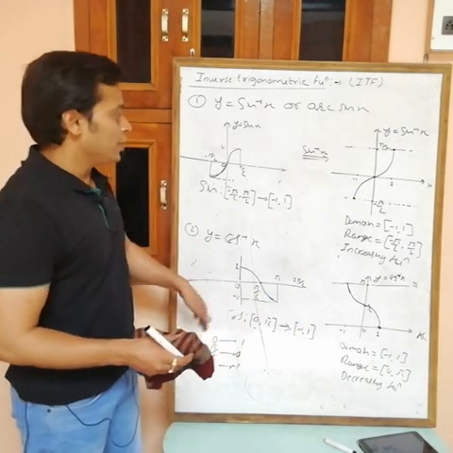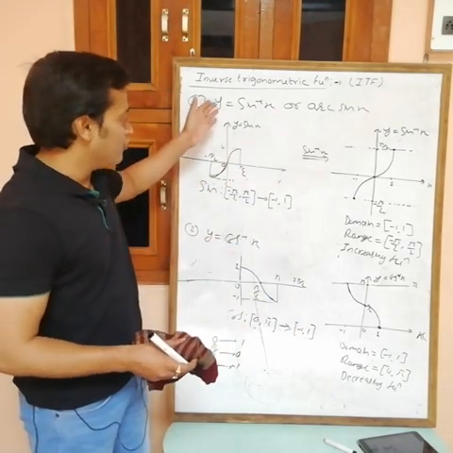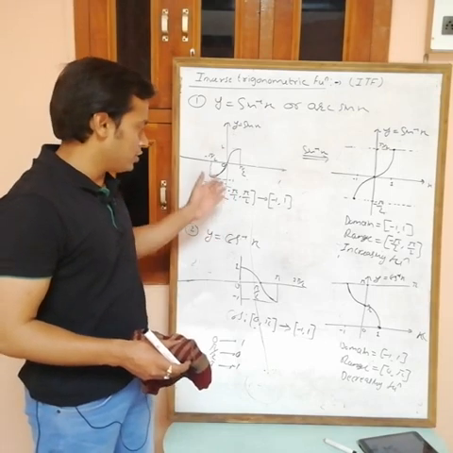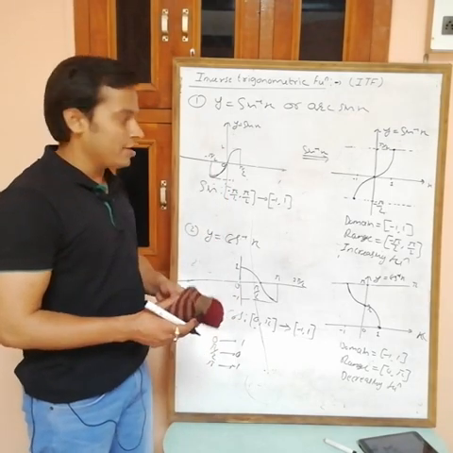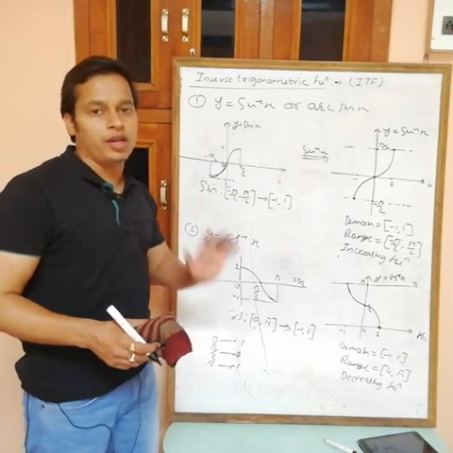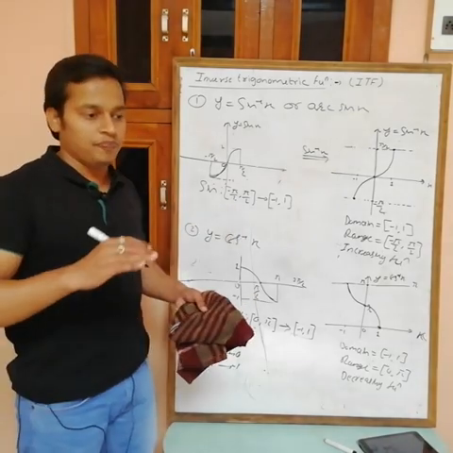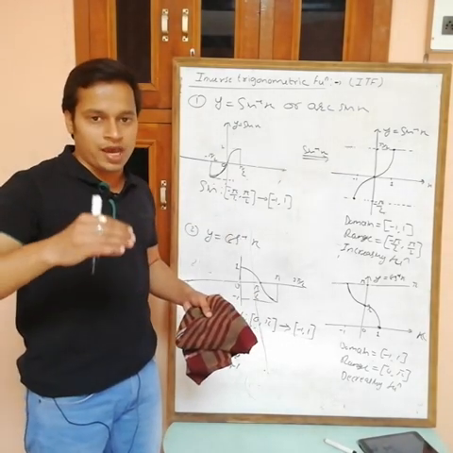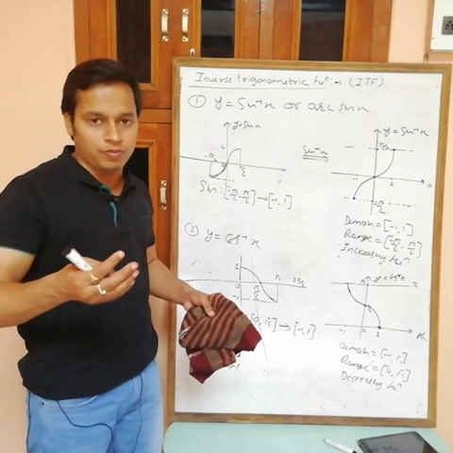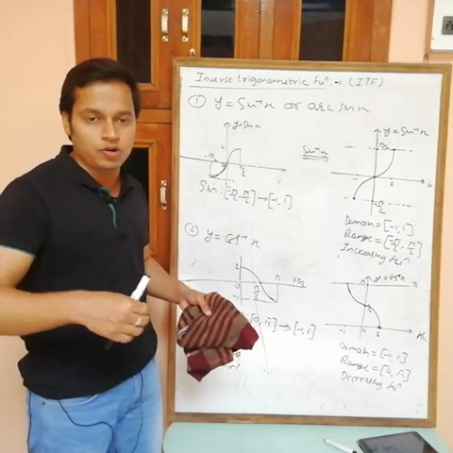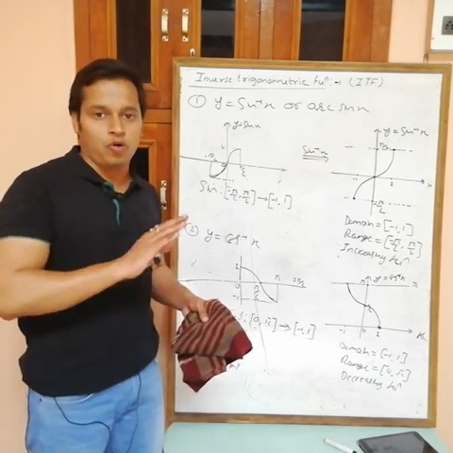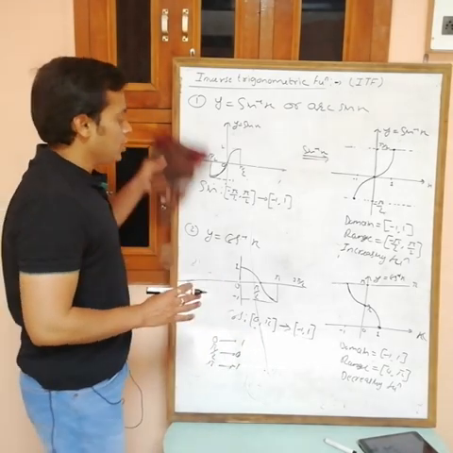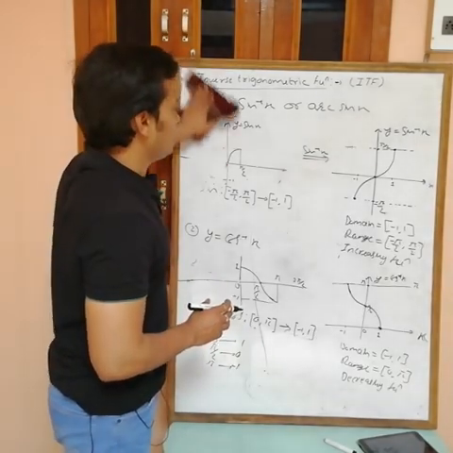Okay. To get the inverse trigonometric function, we are redefining the trigonometric function, such that they become one-one and onto. So for redefining, we have two options: either take the domain from -pi by 2 to +pi by 2, or take from 0 to pi for all. Now try the third one. The third one is tan inverse x.